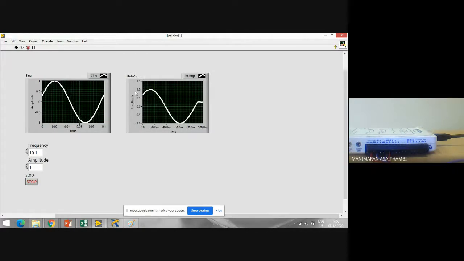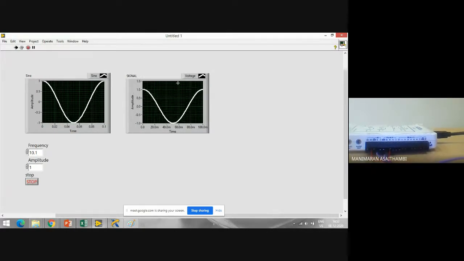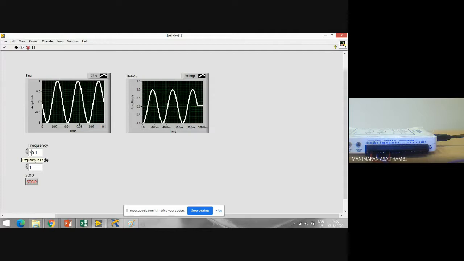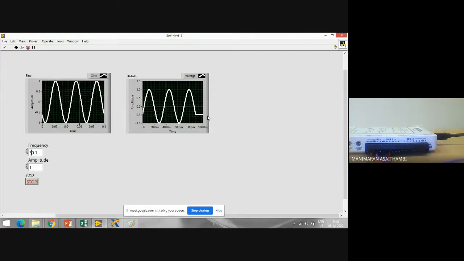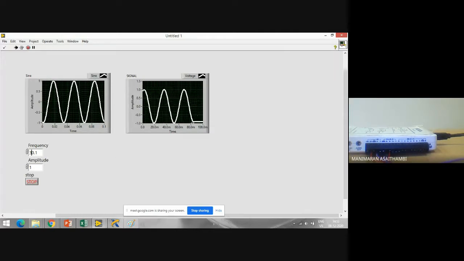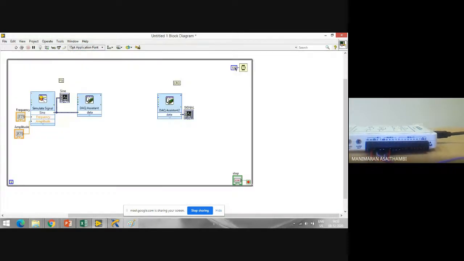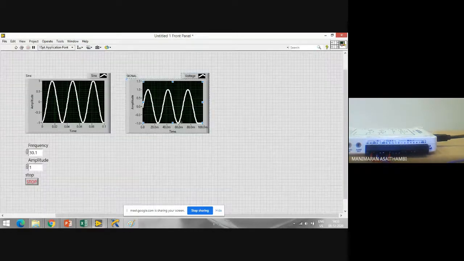So I have a sine, so the signals will get acquired and reconstructed. I'm getting it here. Every time it tries to acquire there. Now the frequency is 10. I'll make it 20, 30. Whatever I have, 3 cycles, I'm getting the 3 cycles there. There are time delays because we have also provided a 100 millisecond time delay there. And here we have only mentioned to acquire 100 samples, so it will take only 100 samples.